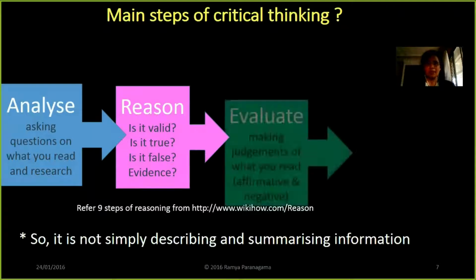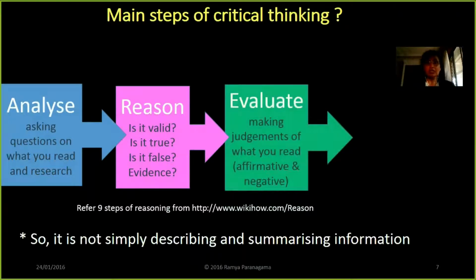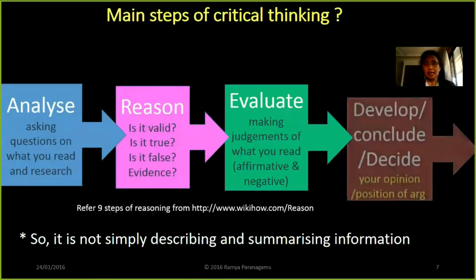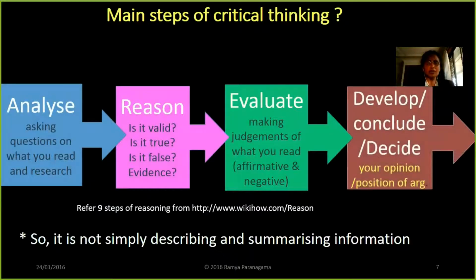That's fantastic. Then the next stage is, in your head, you need to evaluate, making judgments of what you read, right? This is argument for and against. Your brain is involved in a kind of debate, looking at strengths and weaknesses of the argument, and you are the one arguing for both sides. It really lets your brain think. And then you need to develop your arguments in a row. That means it has to have an audit trail, right? All reasons come together to give your opinion in the end. Where do you stand?